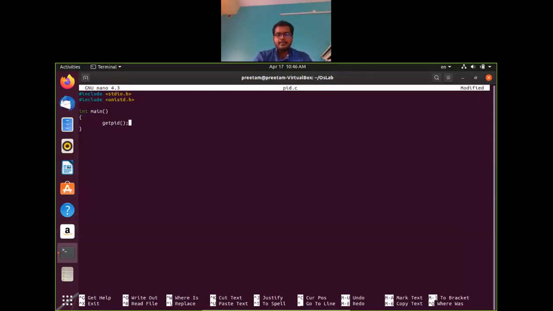So this getpid function will return the PID of this process whenever it is run. getpid actually returns a value of type pid_t. You can see this is a predefined type, as soon as I write it, it is in green color, like int. pid_t is also defined in unistd.h. Whenever you are dealing with a process ID, the data type is pid_t.